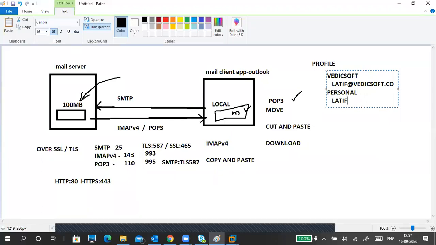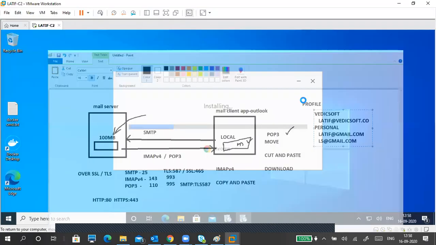So Latif at the rate gmail.com, or maybe ls at the rate gmail.com. If I have multiple accounts, I can put multiple mail accounts in one single profile. If you want to separate, you can do that also.